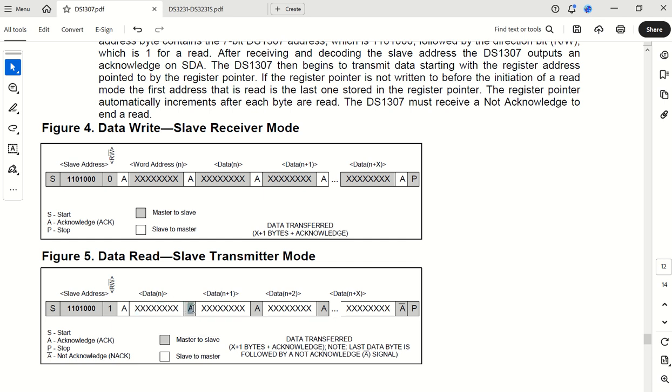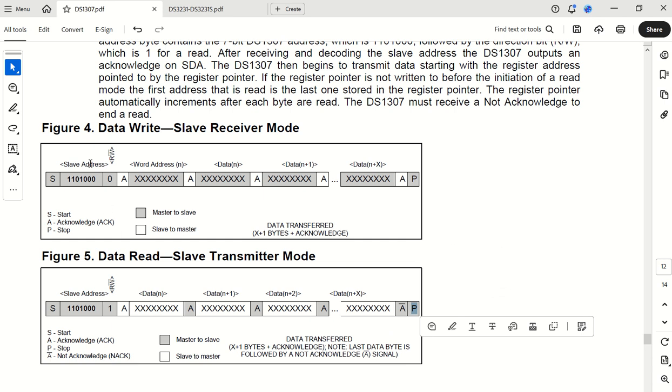Whereas here, the acknowledge is now coming from the master. So the data will still be sent, the master will acknowledge, data from the slave, master will acknowledge, and at some point, when the slave sends data and the master decides that's enough, it will actually create a not acknowledge, stopping the data from the slave, the real-time clock. And the master will, of course, then generate the P, which is a stop condition.